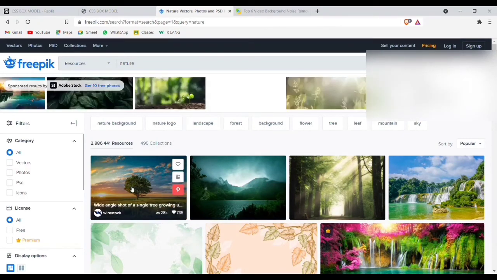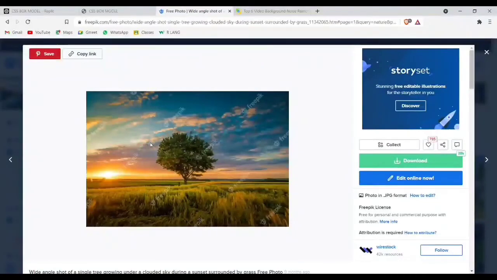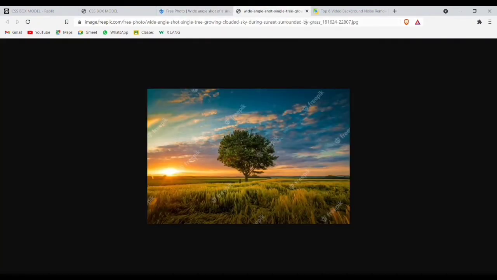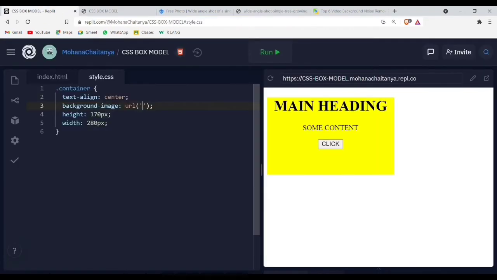Let's try some nature kind of images. Let's select this image. After selecting it, click on Open Image in New Tab. It will open. Copy this link and go to the url part. In double quotes or single quotes, paste it.